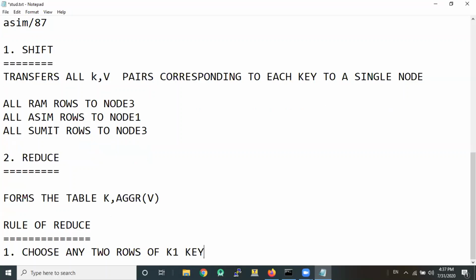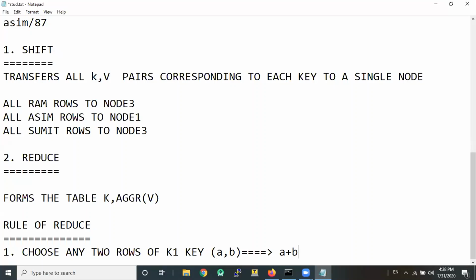So RAM has got 3 rows, you choose any 2 rows. Remember, all RAM rows are in node 3. So when node 3 runs the reduce, it first chooses a key, Ram. It chooses any two rows of K1 key. Call the values A and B, and you reduce them by a formula which you have to specify to Spark. And you say it's A plus B.